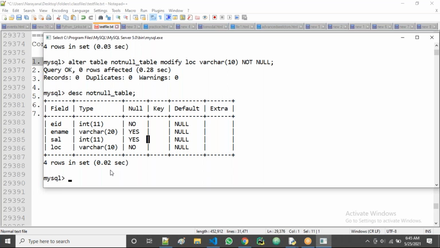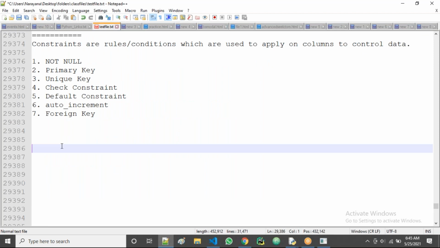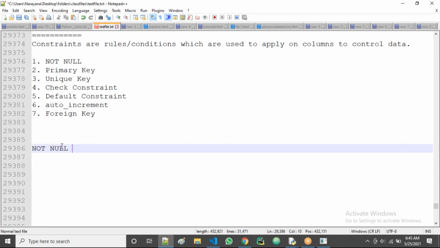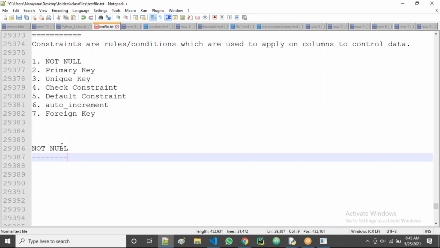Next, we'll go with primary key. We have seen just now about not null. What does it do?